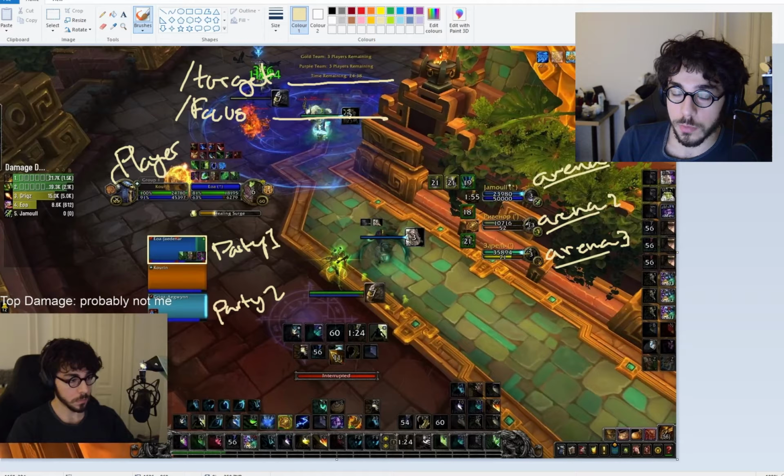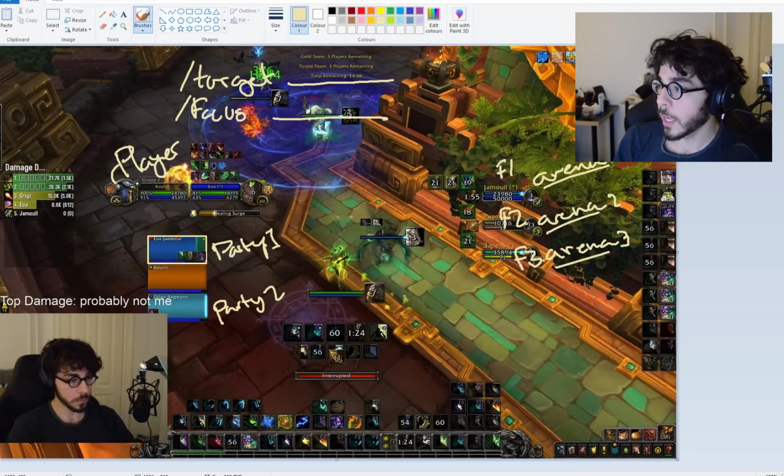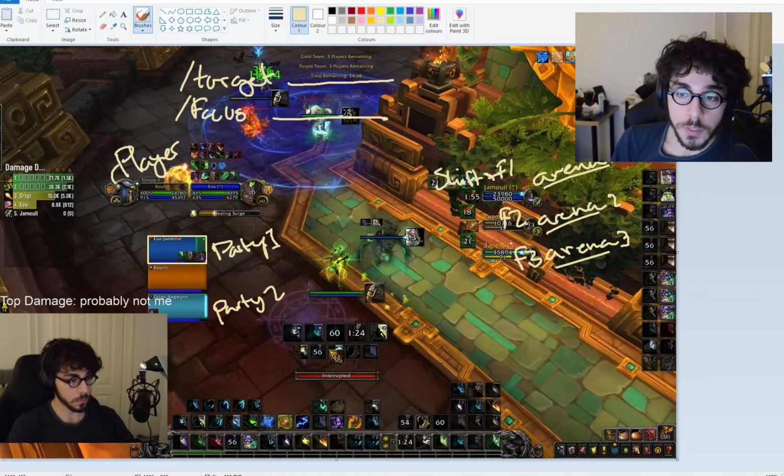You can also use F1. I think a lot of people use F1, F2, and F3, and then you can just add shift to that, so shift plus F1, F2, and F3. You can do this inside of your key bindings. You don't need macros for this, but the reason I have macros for this is because I have a macro